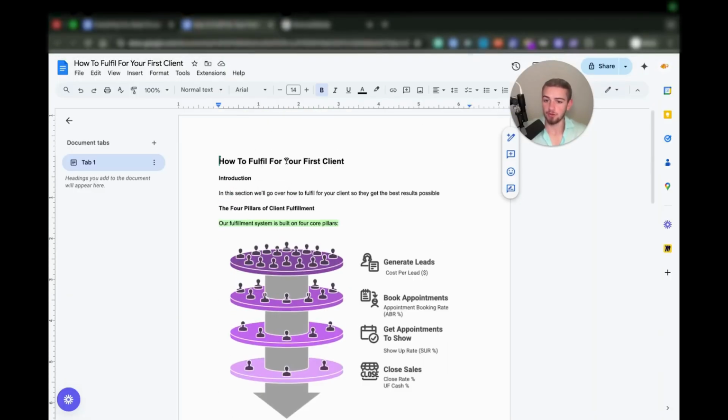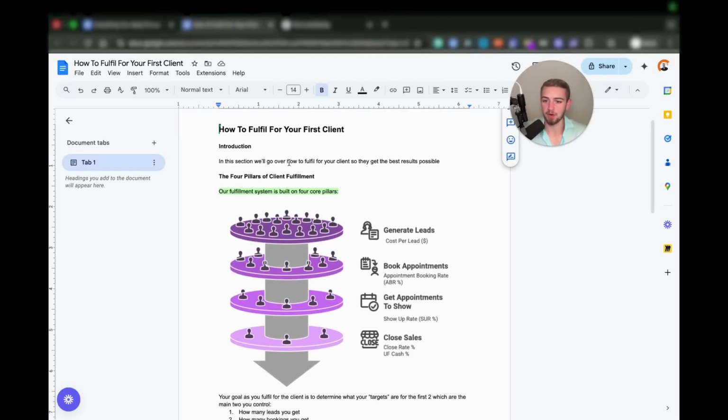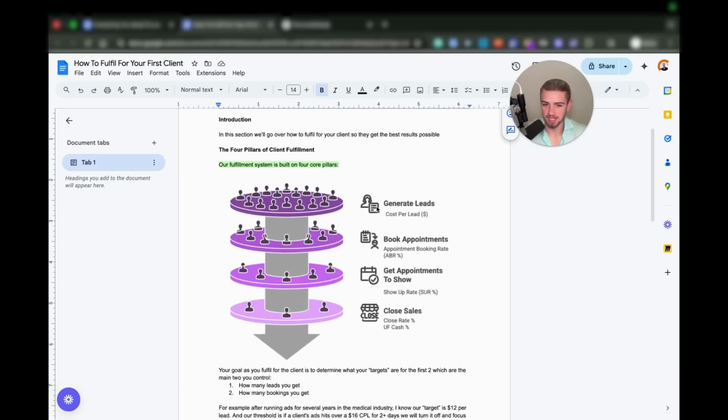Okay. So the 4 pillars of client fulfillment. Now, our fulfillment system is built on 4 core pillars, which you should already know about by now based on how we're going to be fulfilling for our clients. Now, the first thing is we've got to generate the leads, which is what we run the ads for. The second piece is we book the appointments, and we track this by a metric called appointment booking rate percentage, or ABR. Then we've got to get those appointments to show up, which is show up rate, SUR, and then